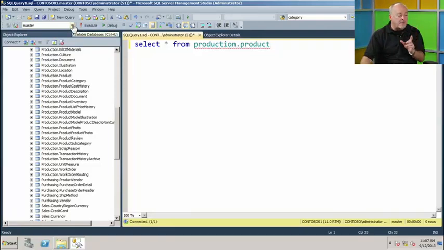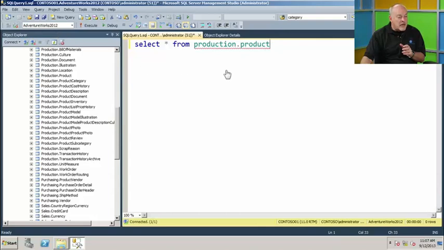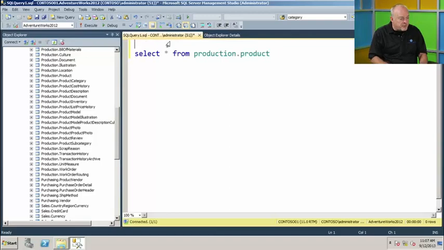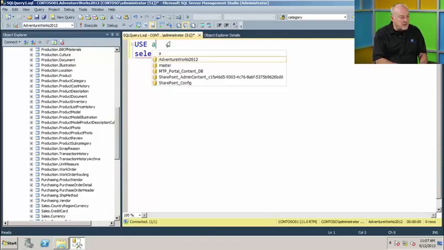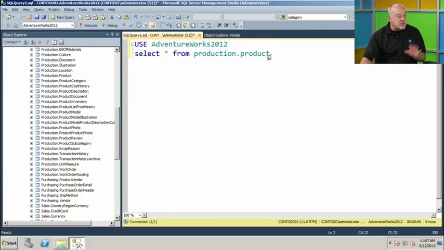So I can do this a couple ways. I can come in here and drop this down and find my AdventureWorks. Now when I hover over this, you're going to see we now get the item that you're working with. Now if you like to make sure you know what you're doing, another way to do this is to preface this with the USE statement. So I could do this as well. Instead of having to drop this down, especially if I'm going to want to write as much of this up as possible, I could make that part of the command and add in the text: USE AdventureWorks2012. So we're telling it what database we want to look at.